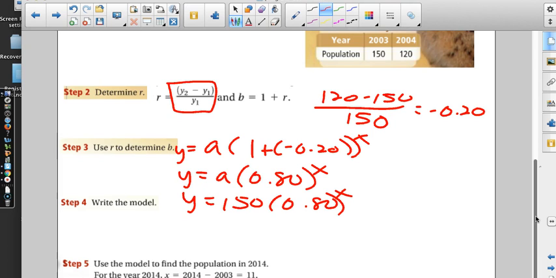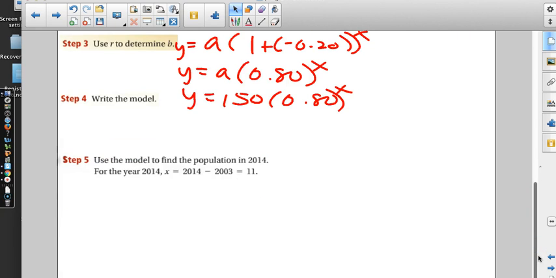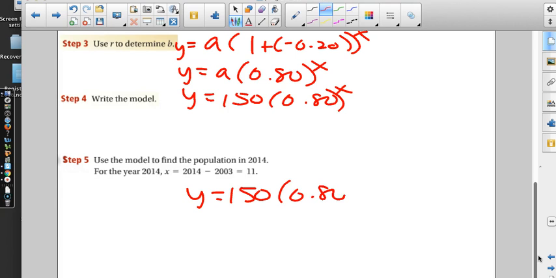That's the model. So we figured out what we needed for that rate of change. We used that in our formula, y equals a times 1 plus r to the x. And we used what we knew about the initial amount to get that. And what they want is for us to figure out the population in 2014. So y equals 150 times 0.80. And what I would do is go back up and think